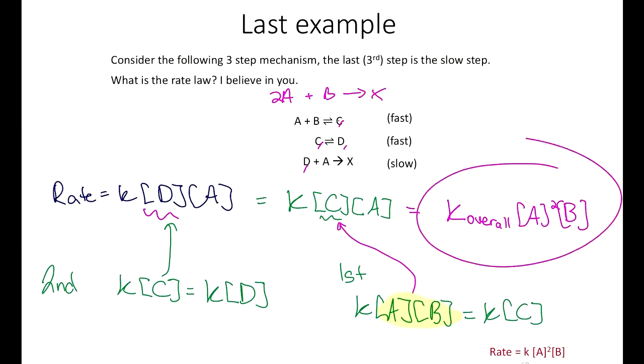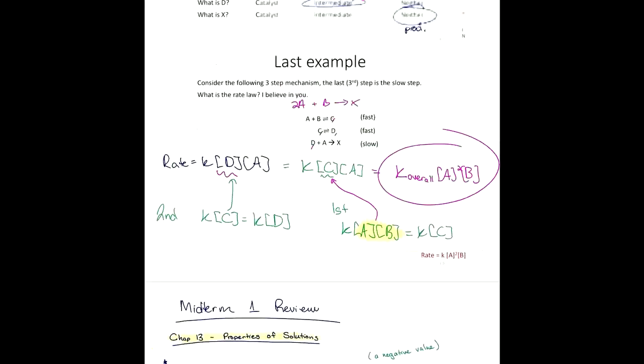That's it. All right. We gave this third step, slow step, like 2 years ago on an exam, and a bunch of people complained. But no, you have all the skills you need to do it. I could give you a 4th step, slow step, and as long as you keep canceling out the intermediates, then you'll be fine. Yeah. Okay. All right. So that's it. That's it for chapter